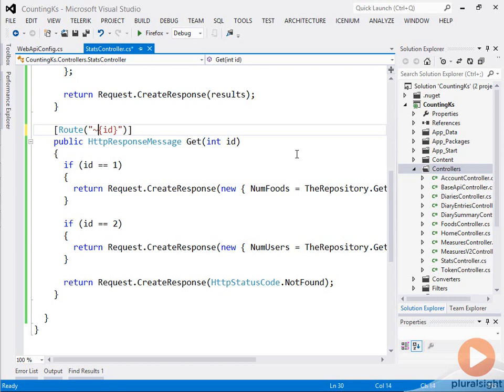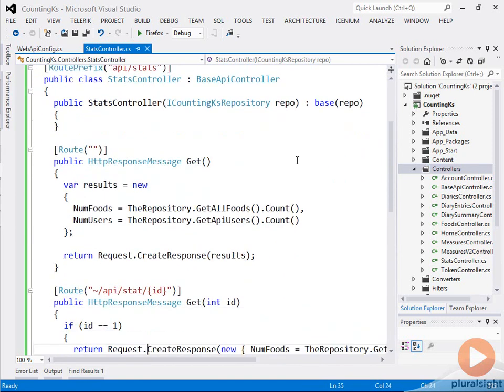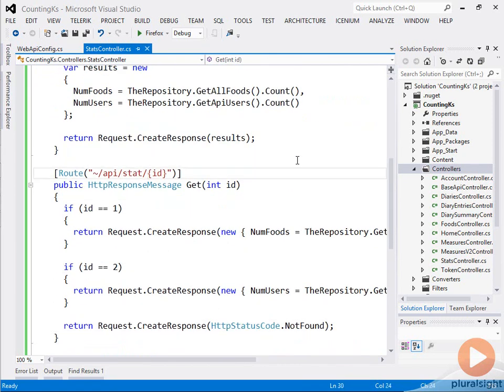All you have to do is start it with a tilde character, and it'll know that it's an override. It'll know that you're going to start at the root instead of it being relative to the prefix. This should be familiar if you've done any ASP.NET work before, because this is the way it also tells it to go to the root of the application for different sorts of links. So if I say here stat instead of stat, so that I'm looking for an individual stat, I'm telling it to use the prefix for all the routes except for this one where I'm making an exception.